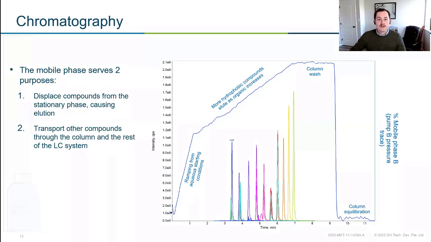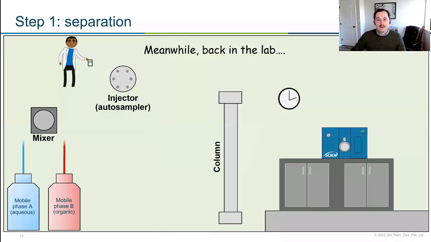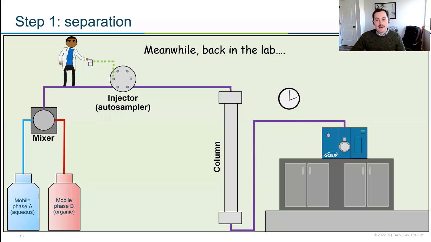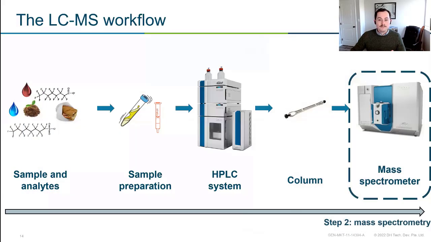So if we go back into the lab, we talked about our chromatography, we've injected our sample, it's gone through a column, we have separation, it's made its way to a mass spec, and now we get to do our mass spec analysis. Everything up until this point has just been us introducing the sample to our mass spec. Now we get to use the mass spec selectivity to actually quantify and use the data.